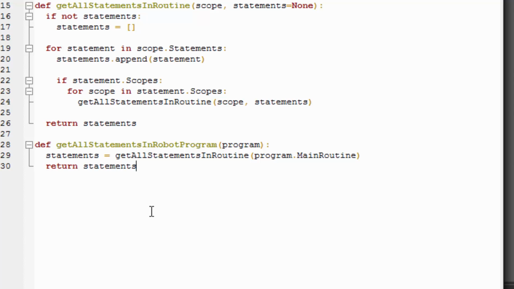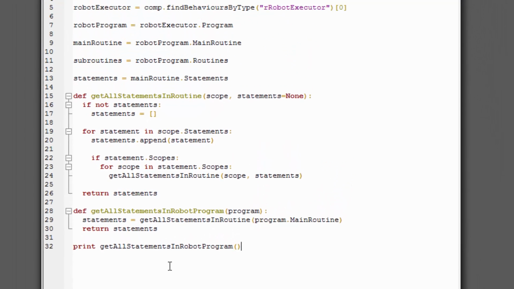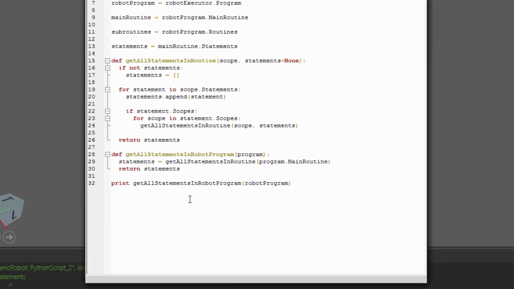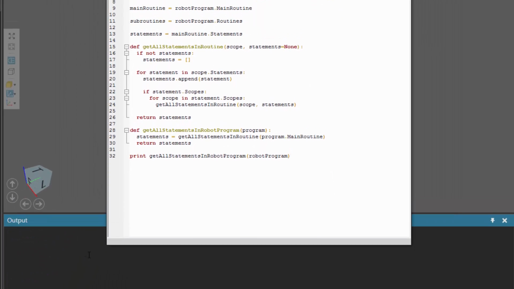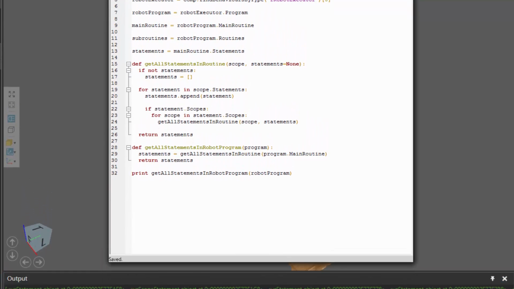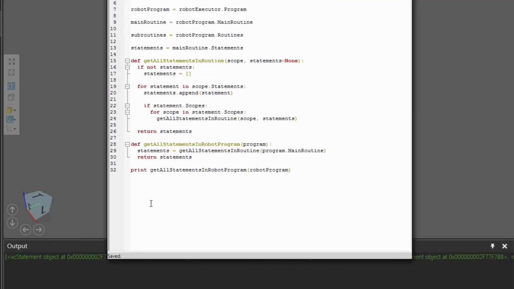And let's see how this works. You probably already have some alarms going off in your head about what can happen. So let's say print get all statements in robot program, and let's give it our robot program we found earlier. So if we clear our output panel and compile the code, we can see we get quite a long list in the output panel, but let's print the length of that.